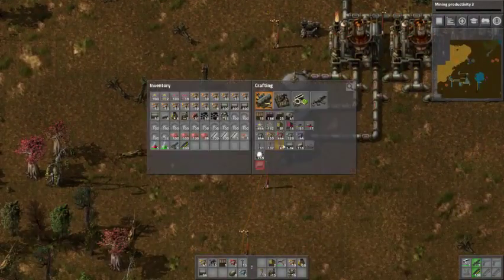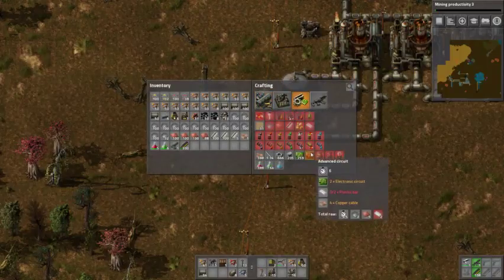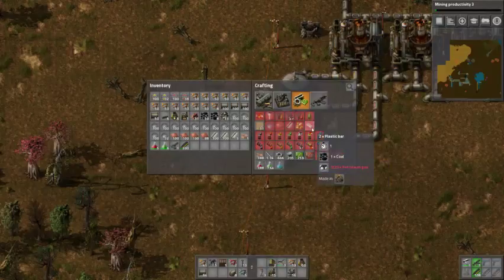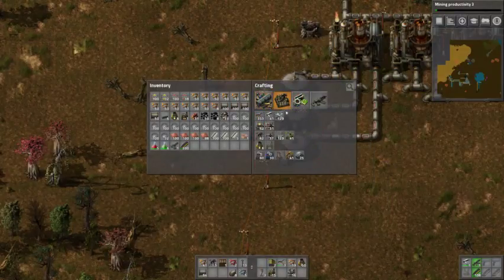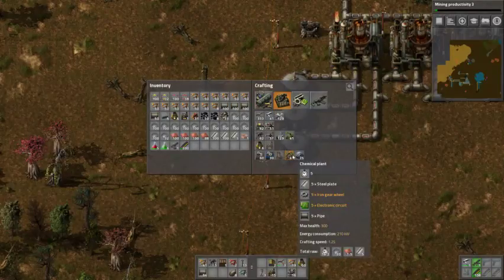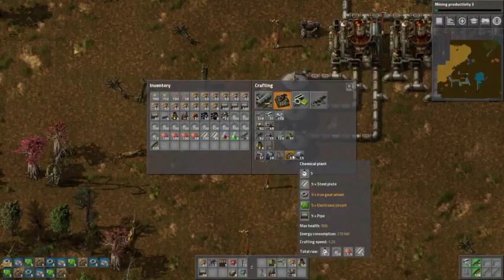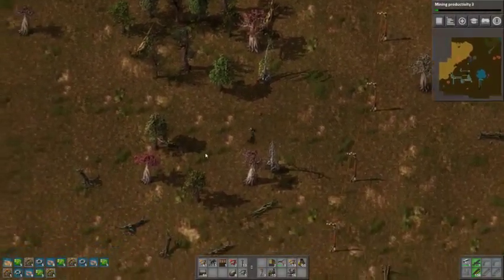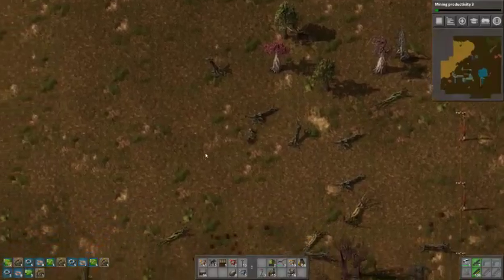Okay, so back to this. Advanced circuits. So we need plastics. Plastics require petroleum gas, which is made at the chemical plant. Go to 1, 2, 3, 4 chemical plants. Ooh, we're out of electrical circuits in our inventory. Well, while our chemical plants are building,